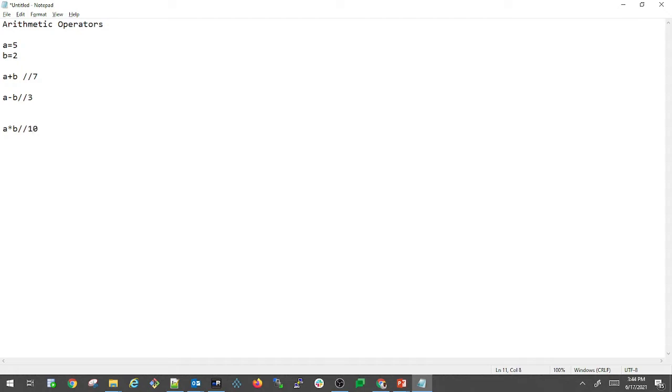If you perform a division, a by b, the value will be 2. If you perform the modulus operator, a modulo b, it returns the remainder. So 5 modulo 2 is 1.